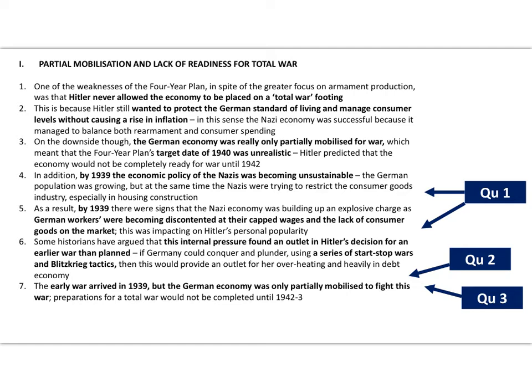So you've then got a few months period of rest before Hitler then did exactly the same, and a blitzkrieg attack against France and the Low Countries, then Denmark, then Norway. Short, sharp, stop-start wars, and after each one, a plunder economy, plundering the wealth of those conquered countries. Okay, so that's the partial mobilisation and lack of readiness for total war. Moving on to the next slide,